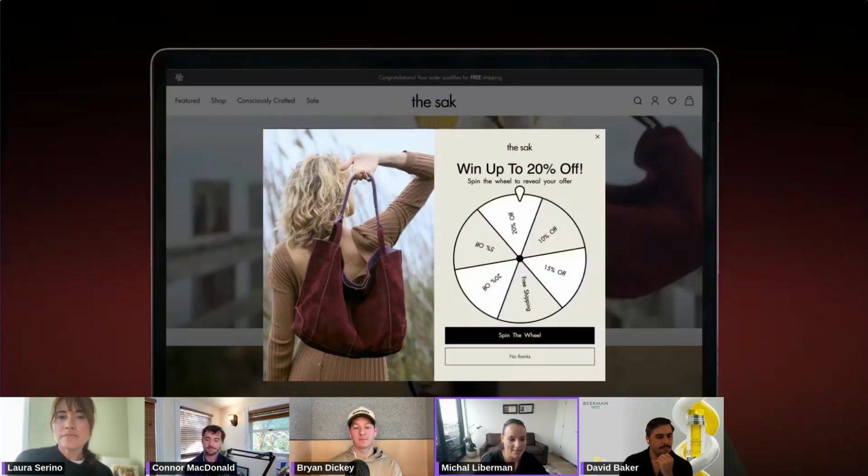We also did some testing with the offer because I am always challenged to go to the less promotional path. We really wanted to do 15% off for the welcome journey, but I advocated to test it before implementing it. And that dropped our sign-in. And then we did 15% plus free shipping, and that also didn't win against the 20% off. So we just